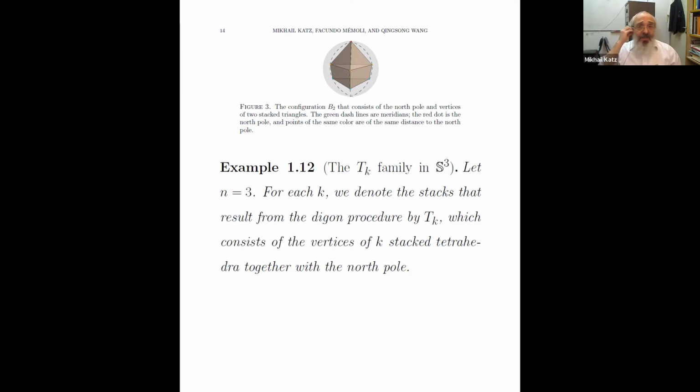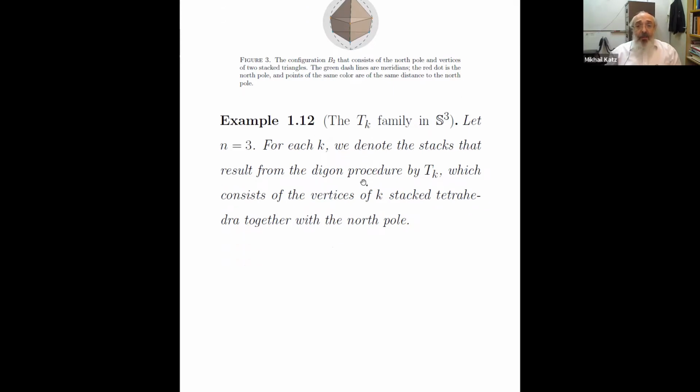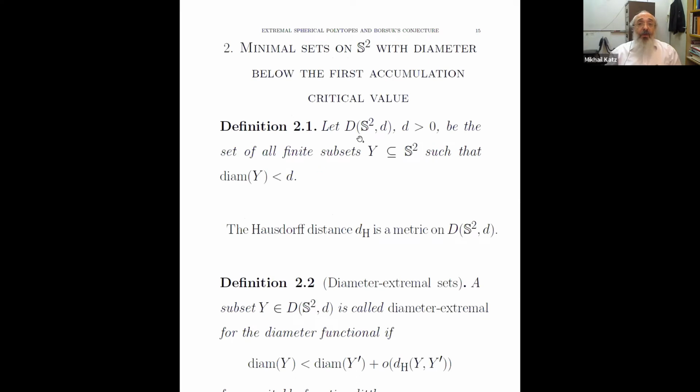And for the other stacks, you're going to have K parallel triangles at K levels. Okay, so this is the family that's more interesting. Now, just to say a word about the higher dimensional situation, on the 3-sphere, for example, you will get a bunch of tetrahedra, and again you have the North Pole plus a bunch of tetrahedra, which are placed at an appropriate level to get an extremal configuration, according to the formulas that I skipped. Okay, good.